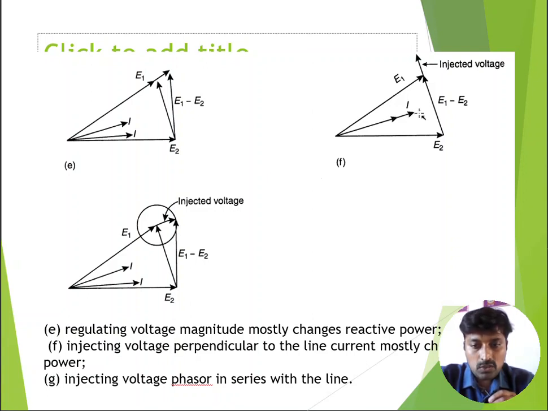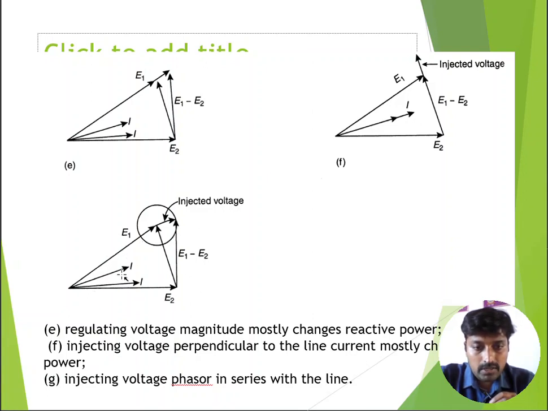Once it increases the magnitude of current, it involves the active power change and minimum involvement in the reactive power. That means once the angle changes, it is capable of controlling the reactive power; when the magnitude increases, it is capable of controlling the active power. If we need both active and reactive power control, we can go for this